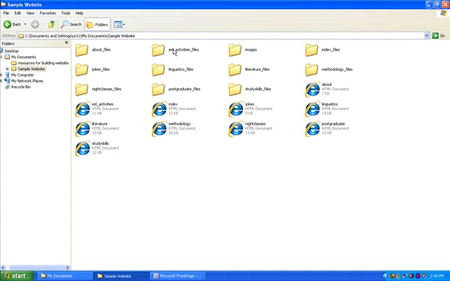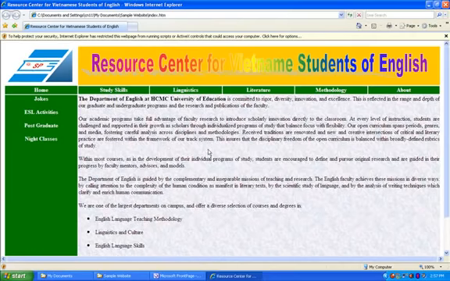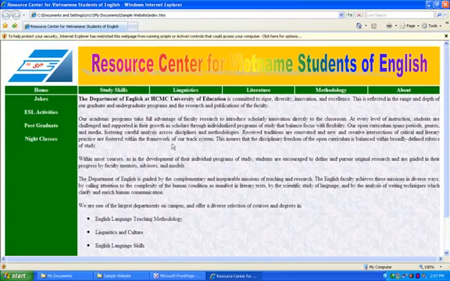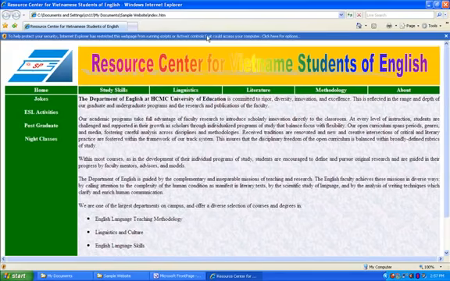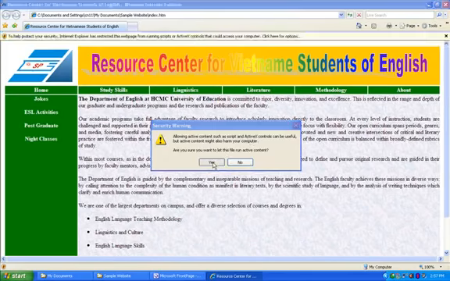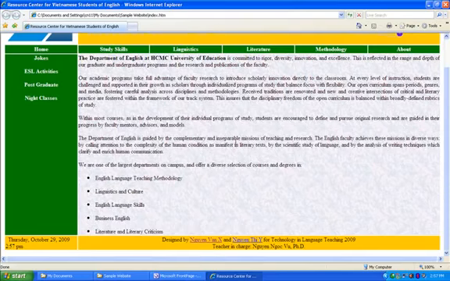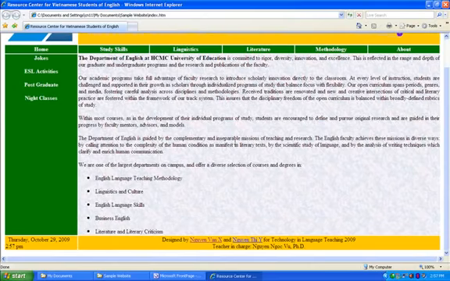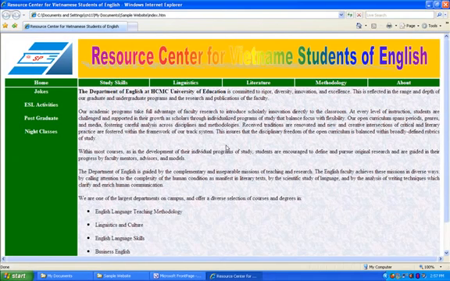So first, let's have a look at our simple website. I click on the index files, and then our websites come up. This is the website that we are trying to explore. As you see here, Internet Explorer stopped a JavaScript for showing the date. So I just allowed blocked content to see it. Now, so this is the website we are going to design,